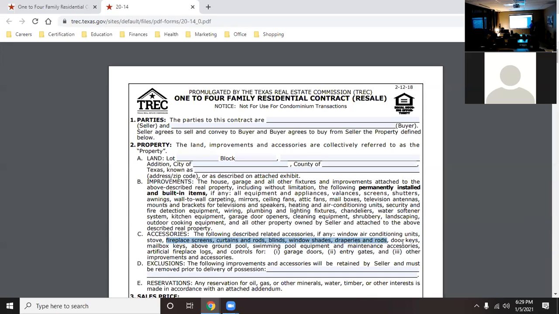You cannot mark through it. Like Travis says, the proper way to do it is copy those words, put them down here in D in exclusions, and now it is excluded. But again, the key point is you do not just willy-nilly mark out stuff and initial all over. I've had this before on offers from people. Does not count. Any of these words that are scratched out, that contract's void on its face because you're marking out words that are law.